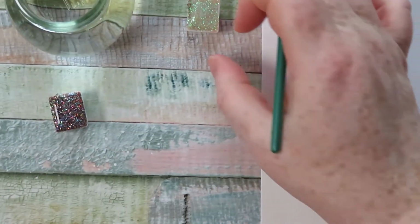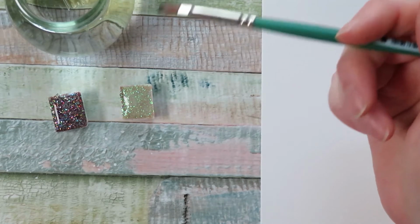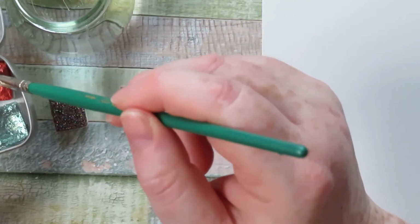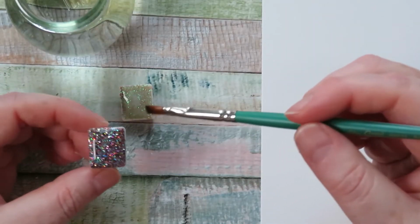And I know it's a little bit of a pain because it just doesn't re-wet straight away, but it's just a few minutes before you're going to use them. Just put some water on them, and then it's really worth it because they're absolutely gorgeous, as I'll show you. So I'll just add a few drops of water to all of these. Okay, so then after a couple of minutes,